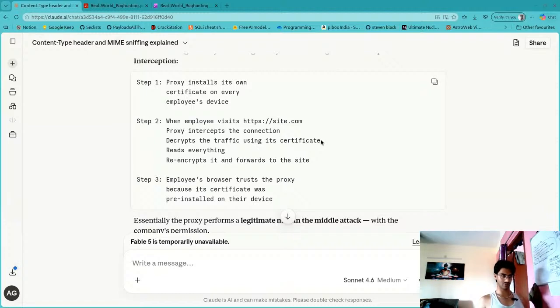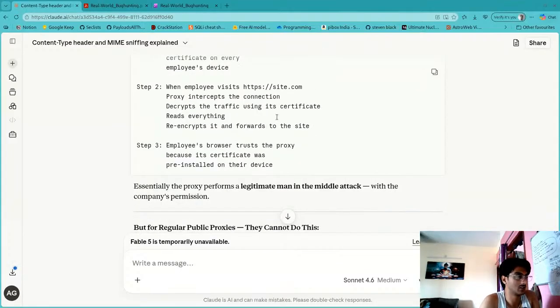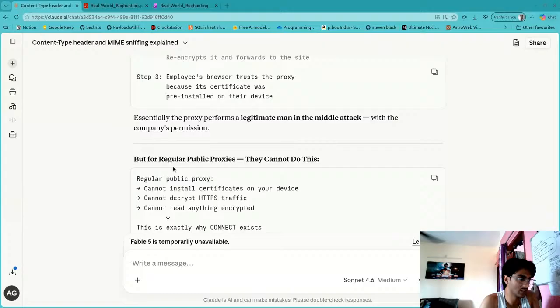I don't think the algorithm is present. I think there is some information, like an encoded version of some keys or something like that, which is used for encryption and decryption. Both are listed with man in the middle, with the company's permission. But the regular